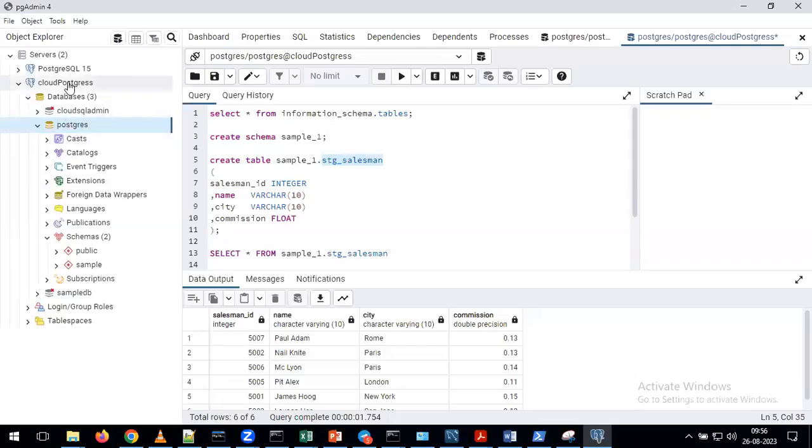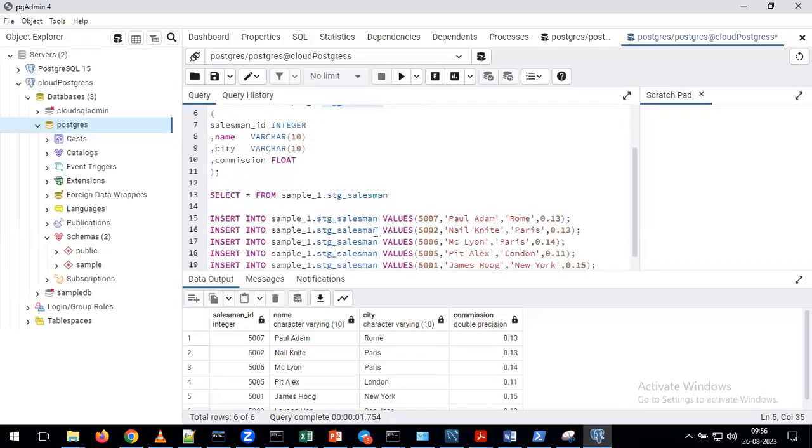You need to connect to the Cloud SQL server here. You need to open the query window for the Cloud SQL server. In that window, you need to create the table and insert the data. Otherwise, after a few minutes or in the 11:45 session, you will again get so many questions and so many errors. To avoid all those errors, please follow my instructions carefully.